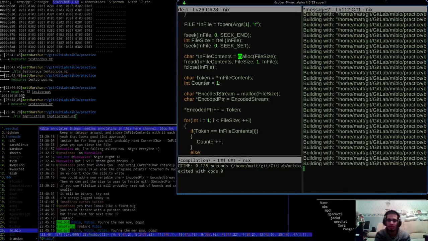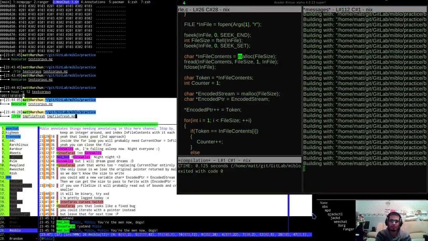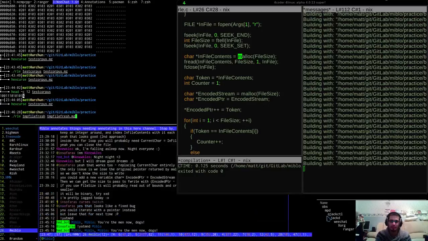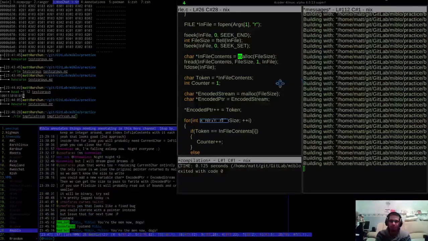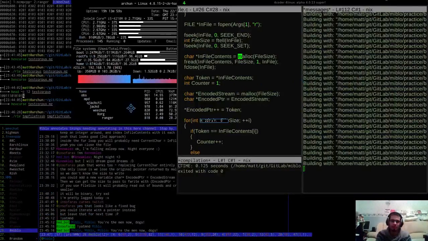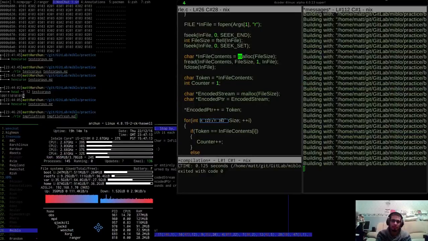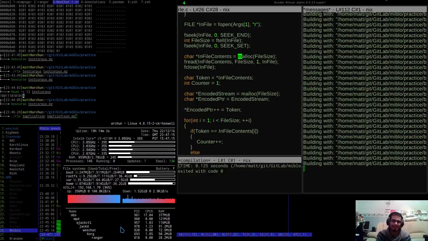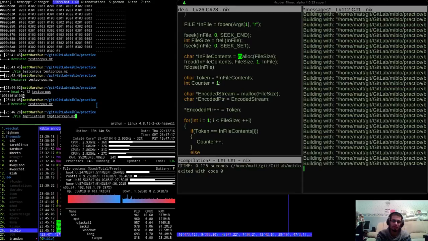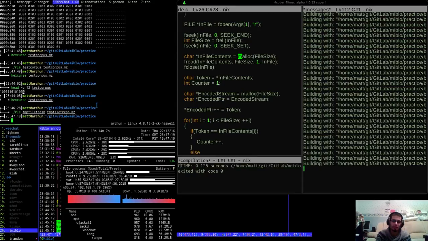Oh no, you can't see it because my webcam's in the way. God damn it. Well, tell you what, can I just move Conky up here? Where can I put it? If I just put it here. With a bit of luck, we'll see RLE.